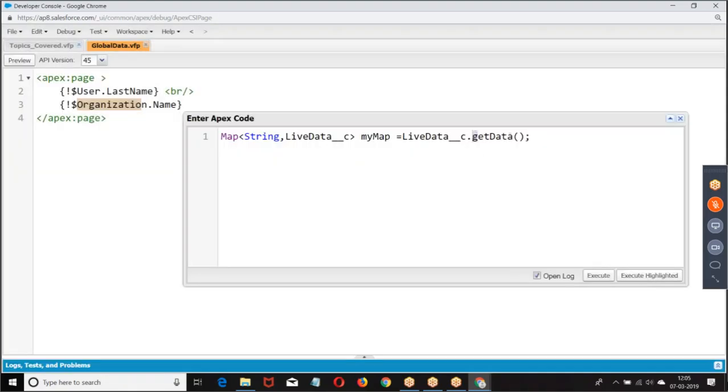Get all the records in the custom setting in the form of a map, where the name field is the key and the custom setting value is the value. Name field is the key and this is the value.